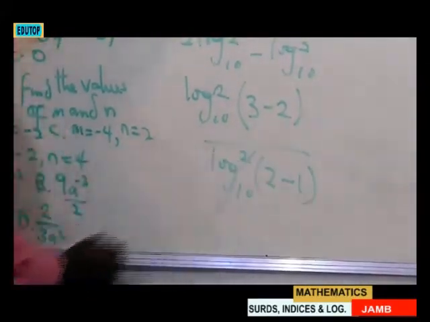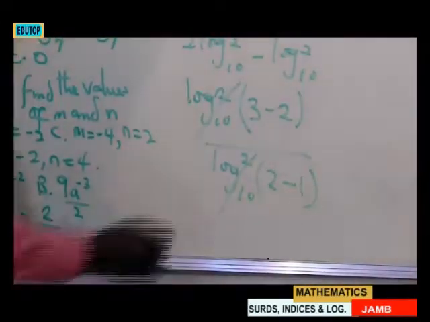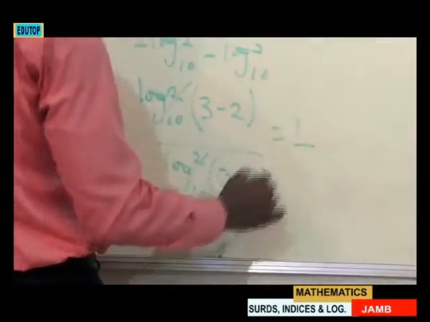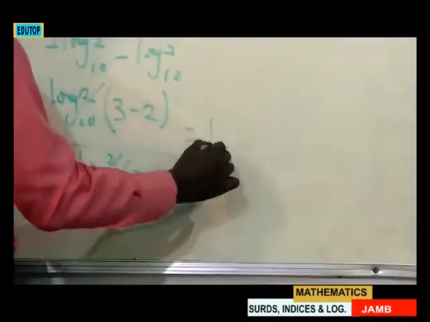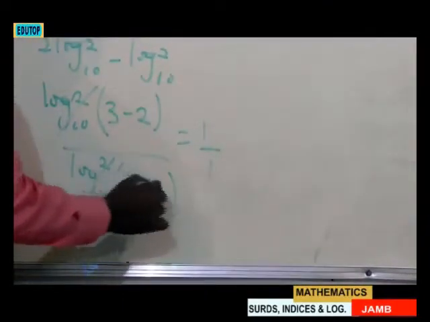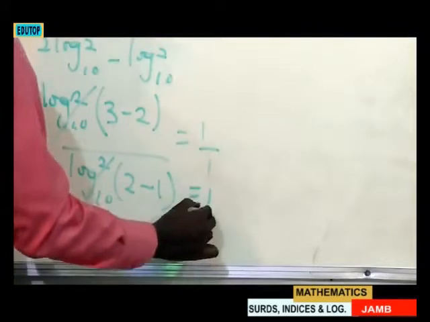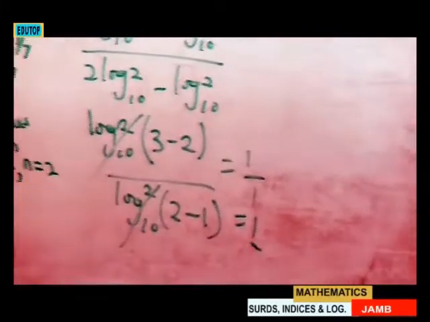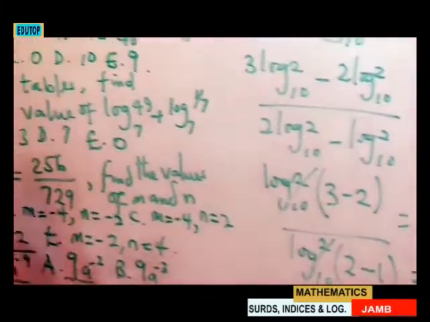Then I can cancel log 2 base 10 with log 2 base 10. So I have 3 minus 2, 1; 2 minus 1, 1; 1 divided by 1, 1. So the answer is 1. So go to our options and check the option that correlates with that. So by so doing,